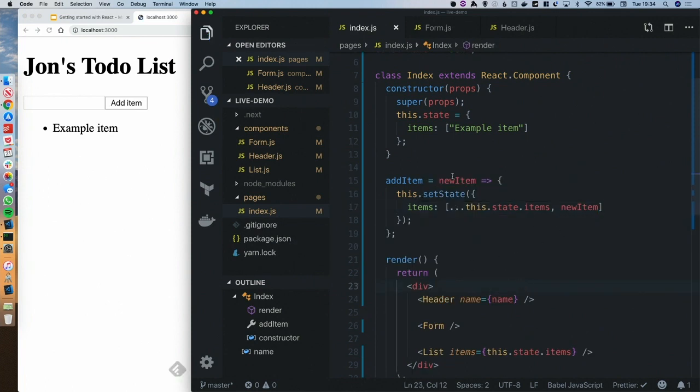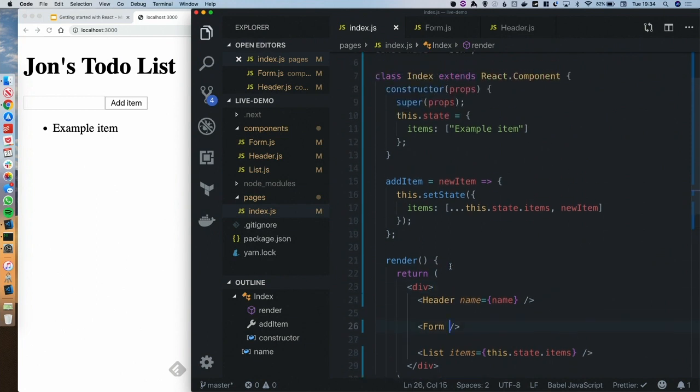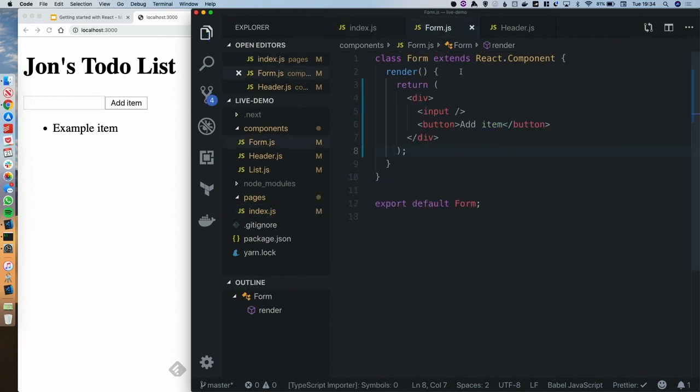So now if we add in a new string here, we'll get the same list that we've already got with a new item at the end. And this will then cause the whole component to re-render, and if there are any changes, it'll update the DOM. So then we can pass this down as a prop. We can pass functions down as props as well. So I'm going to add item, this.addItem. And then that method is now available to me in this form